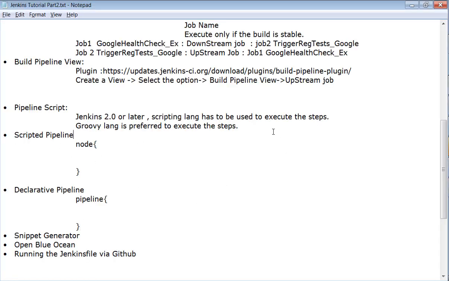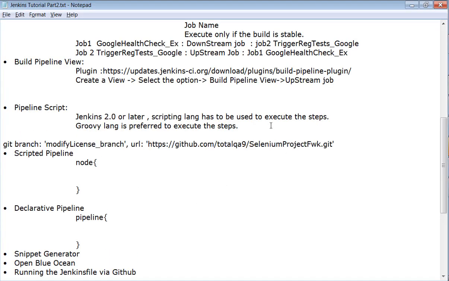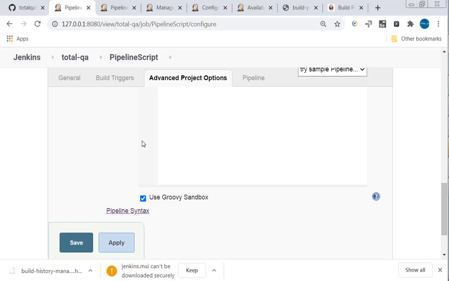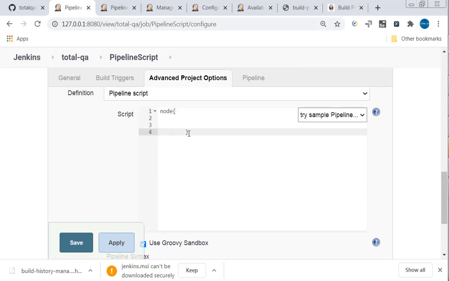First thing, we will put this statement at the top. This is a statement that is getting generated by the snippet generator, right? So we'll keep this here. The snippet generator generates this command successfully for us. Now in the scripted pipeline, mainly, as I said, node. Let's try to write some commands. In the case of node, we will implement this one. We all know the try catch block, right? But before we put a try catch block, we should know how to write the steps.